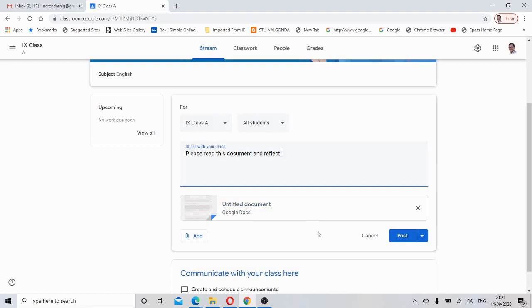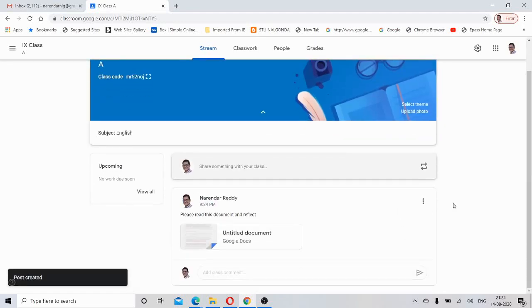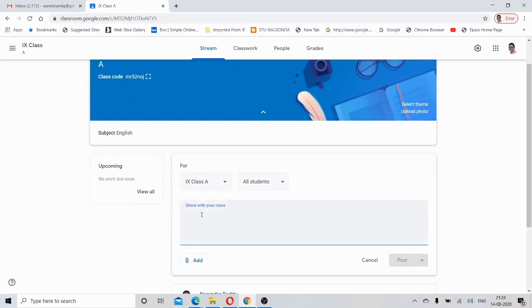Then you just click on post. See here, my document has been posted. So you can post a document from your Google Drive.